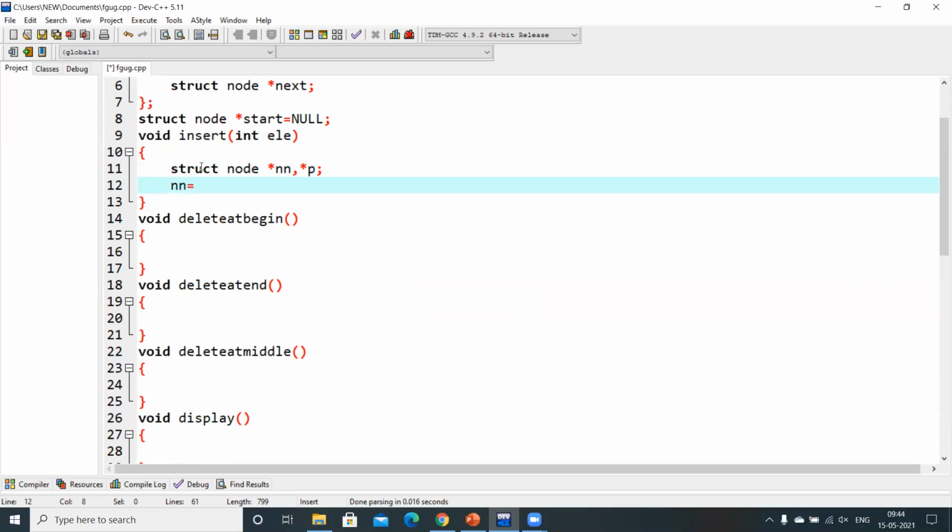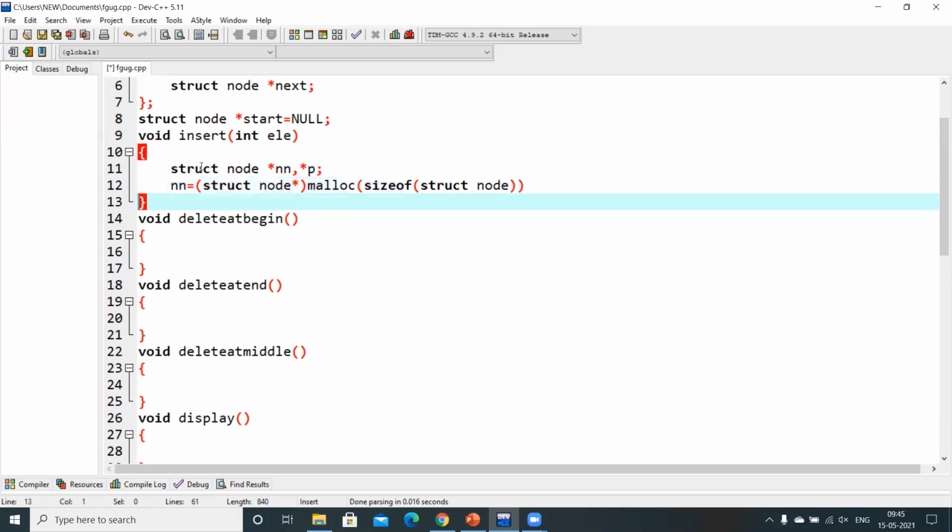So let me create the pointer struct node star, and malloc is the function I need to consider, and then I need to take sizeof struct node. So it will create memory dynamically for my node.